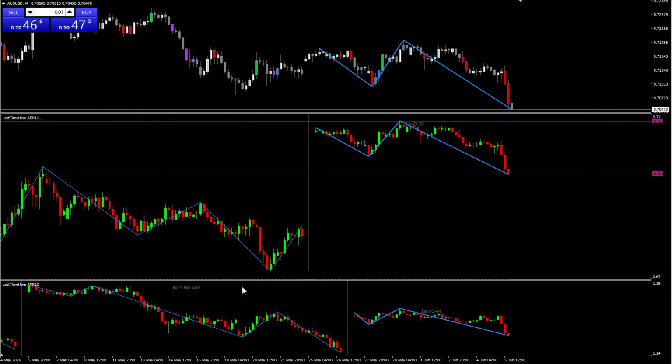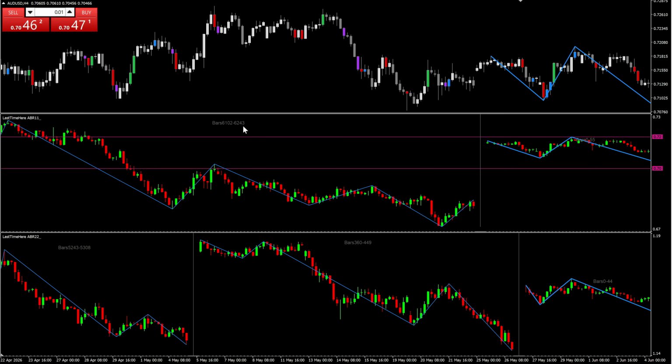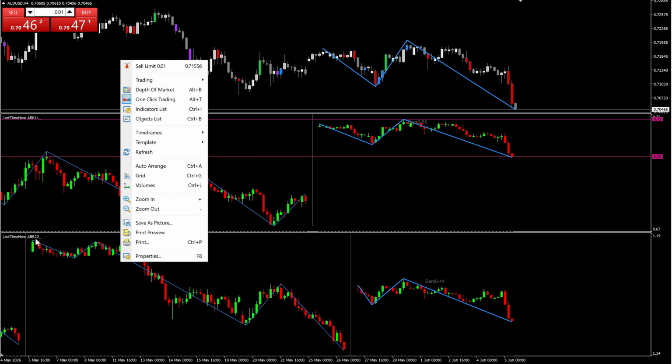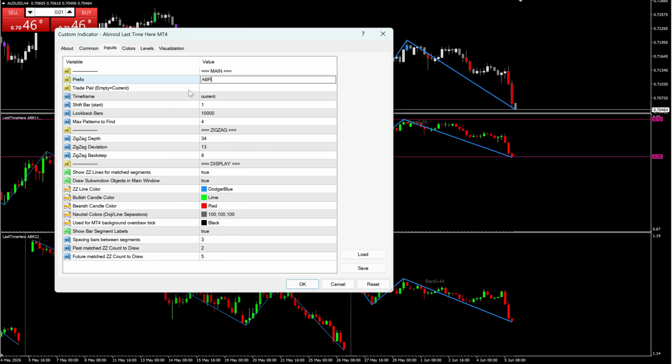Let me just make this slightly bigger. So right here, as you can see, it will also show you the bar numbers where it matched, and it will show you the prefix which you used. This one, ABR1, that's the prefix, and after that it uses the sub window number, so you don't get confused even if you use the exact same prefix. Like if I just use this